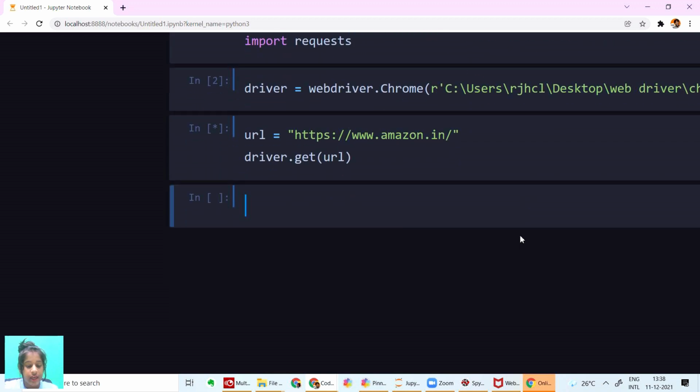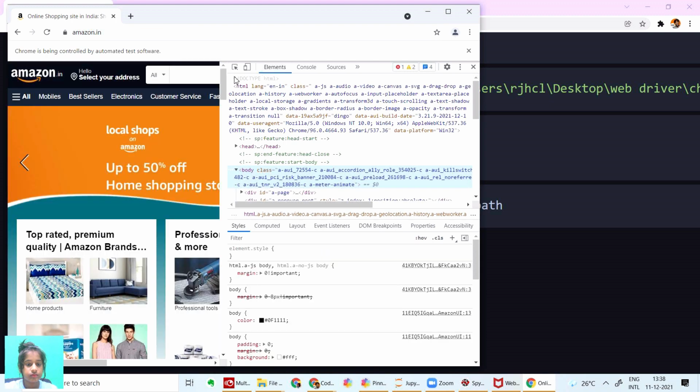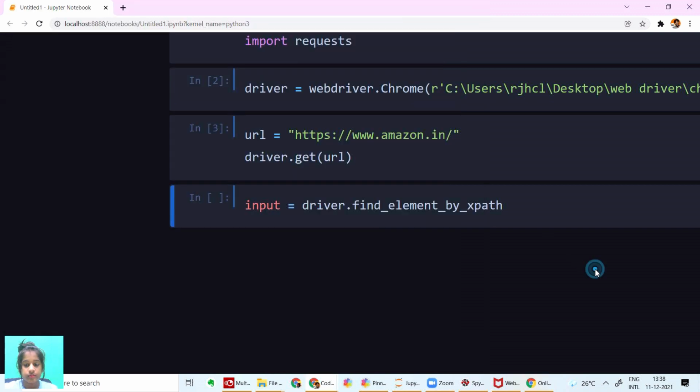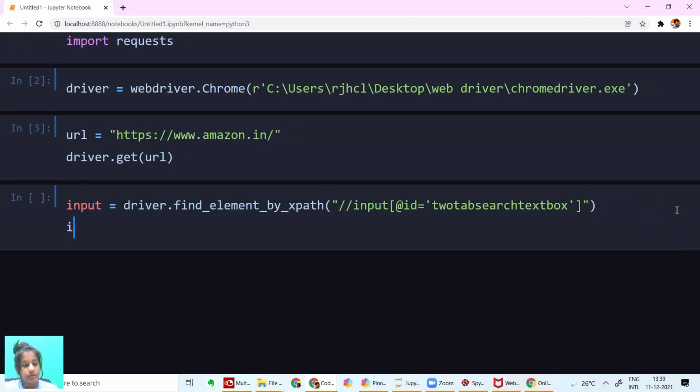Let's run this, and then I'm going to say input is equal to driver.find_element by xpath, because we need to enter this thing up over here. We have to enter saree. It's an input and the ID is this. I'm going to say input.